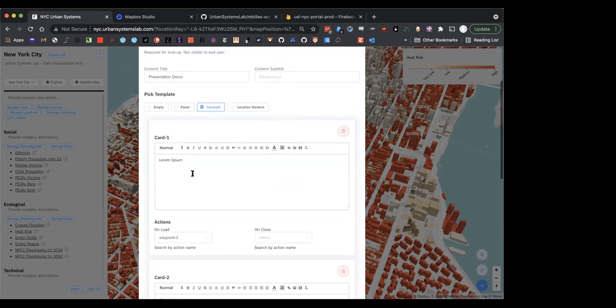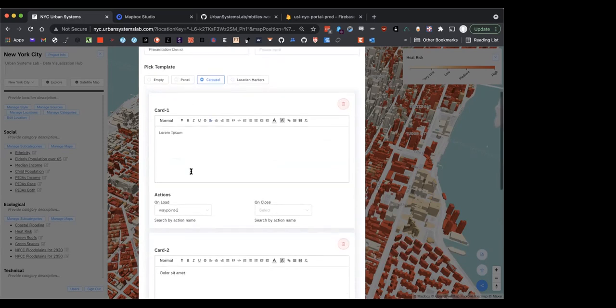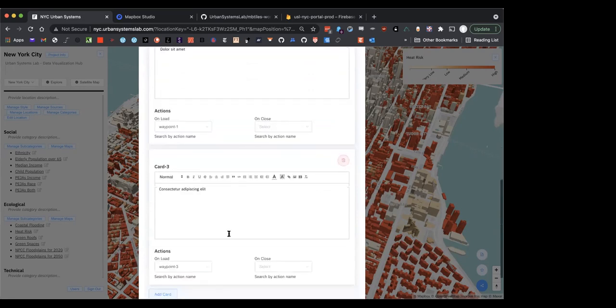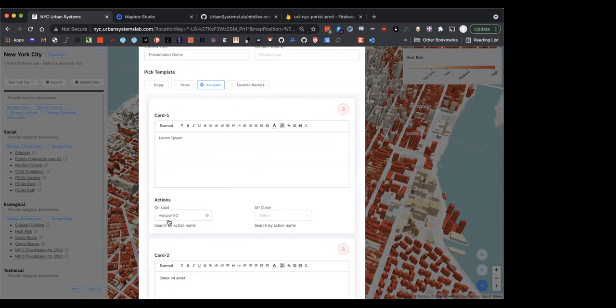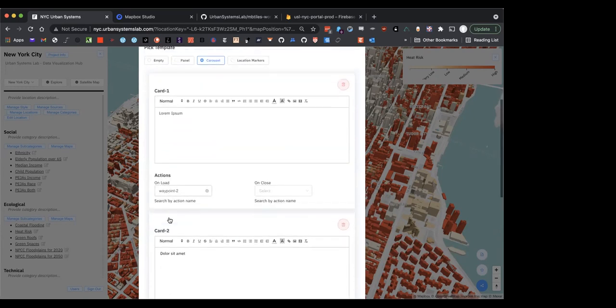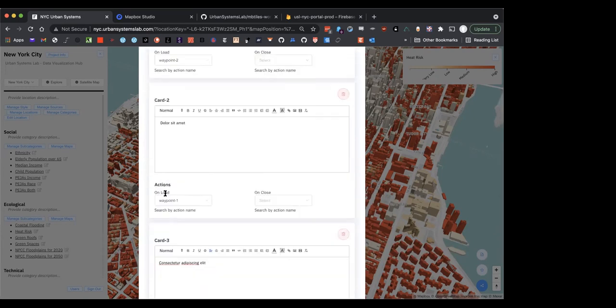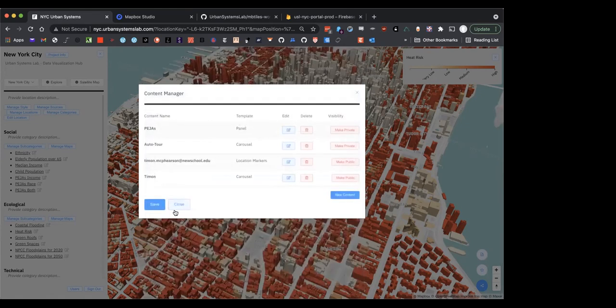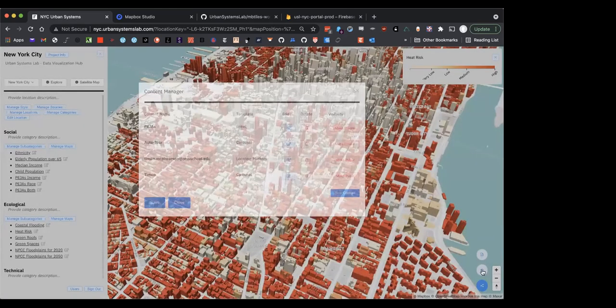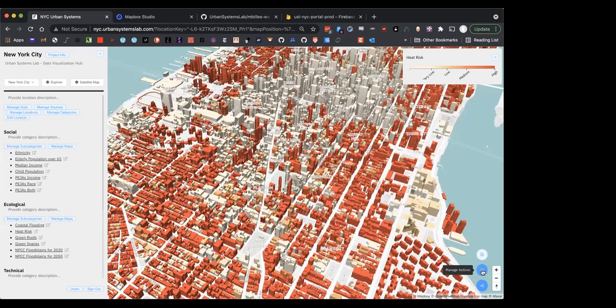So this is a very simple demo of this feature. We've got 3 cards with just a bit of representative text to bind to each of them. And then you'll see at the bottom, on load, different waypoint actions. So if I close this and then inspect each of those waypoints in the manage actions modal, you'll see what